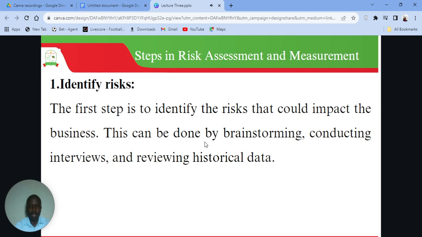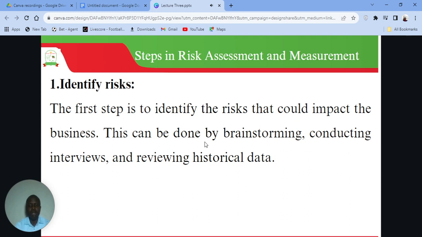We are going to use brainstorming. Brainstorming is where you come together as a group, maybe the supply chain department within the organization, and hear different people's views and ideas regarding what risks they can see and think might occur within the organization or within the supply chain processes. Then we can also use another method, conducting interviews. We can carry out a number of interviews with suppliers, with organization staff, both in the supply chain department and in any other department.